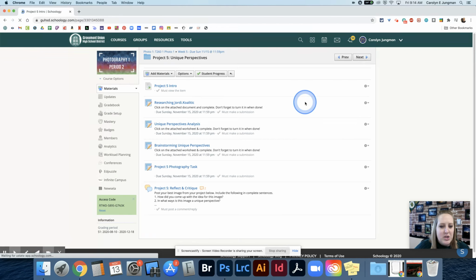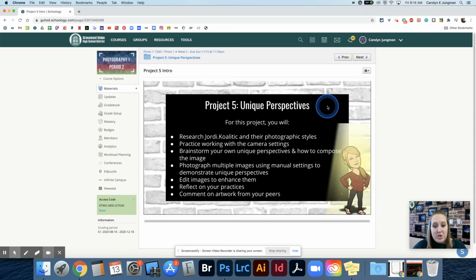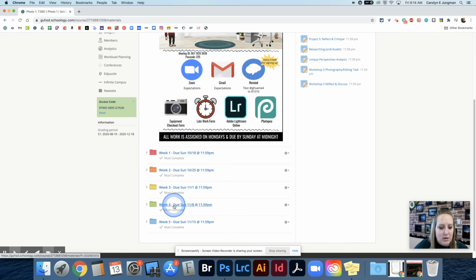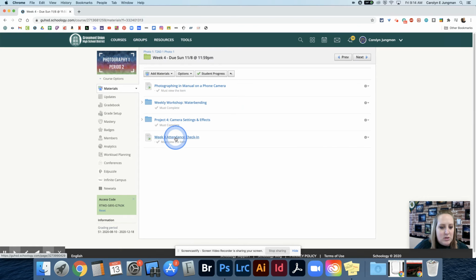Every project has an intro, and every workshop that I include has my little Bitmoji on and the key learning points for each task. Each week we do a reflection. So let me find a reflection that's maybe a little bit fuller. Let's try the week 4